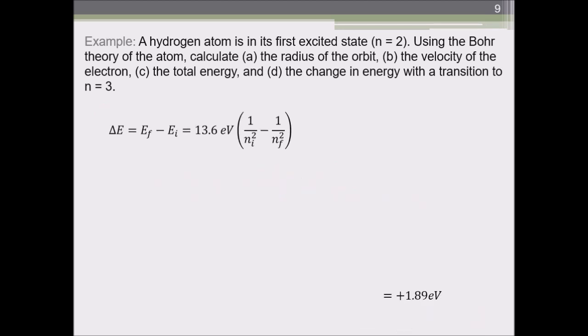Now, finally, we want to calculate the change in energy from one state to another. Here we're going from the n equals 3 state to the n equals 2 state. I use this equation very much like I did the one for the wavelengths, where I just put my integers in. And since the ground state is 13.6 electron volts, never mind that we'll have the 2 squared in here. The 2 squared corrects for the energy level we're going to. So we simply do 13.6 electron volts times 1 over 2 squared minus 1 over 3 squared,